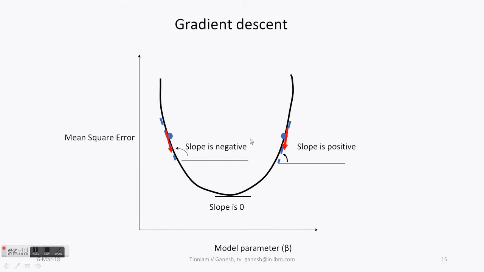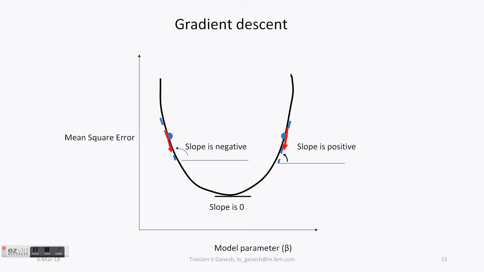And our job, as I said, a good fit is when we have the lowest mean square error between the estimated line and the data points. So how do we determine this lowest mean square error? If we have some knowledge of calculus, this is a fairly straightforward problem. We know that when you are trying to find the minimum of a function, if you take the derivative of the function and find the point where the derivative is 0, that is, it is actually parallel to the x-axis, that is the lowest point in your